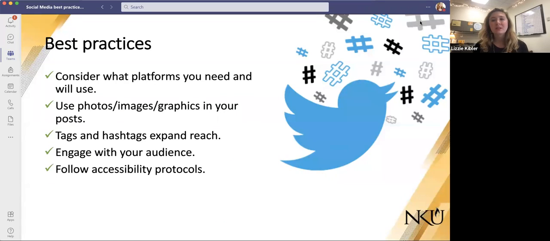And then, of course, every time you make a post, I always recommend that you have a photo or a graphic, just something to really catch their eye. Photos typically perform better, especially if it's a photo of a student or a faculty member or someone that your audience would know.